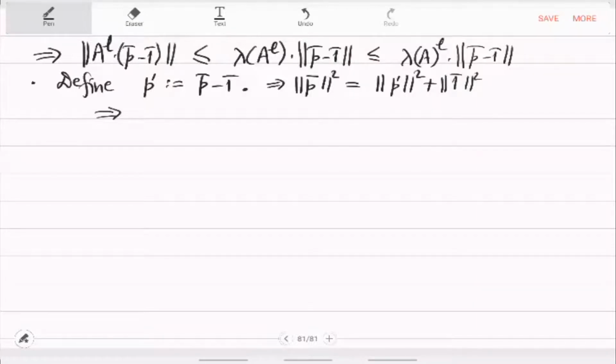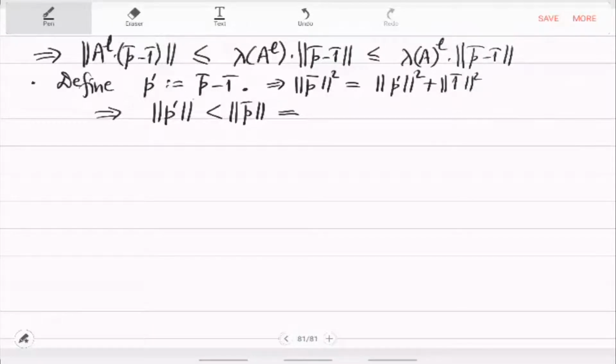So, which means that p prime's length is strictly smaller than that of p bar, right, because this 1 bar's length is positive. So, p prime's length is then strictly smaller than that of p bar, which is,